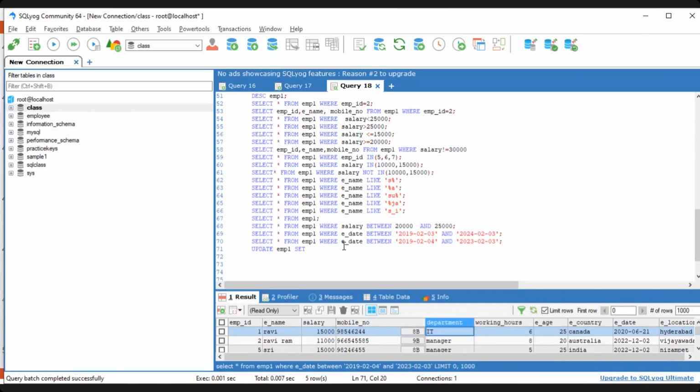Salaries in between that joining dates. So set salary equals to operator. So I want to set to 10,000. So 10,000 where? Who is that? E date between